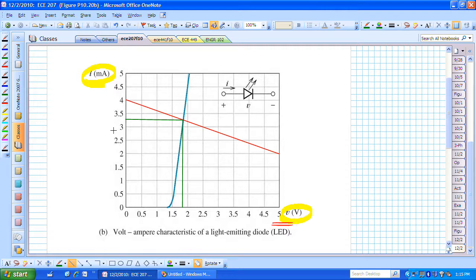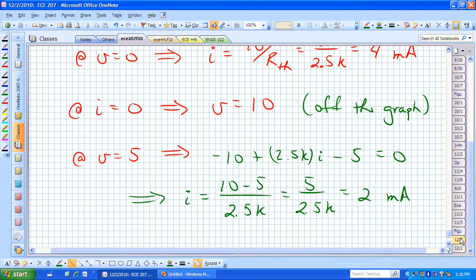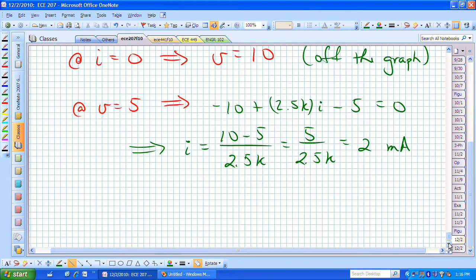And hopefully from there it's clear that our current is roughly 3.25 and our voltage is about 1.8 volts, and that's now the intersection of those two lines that are supposed to simultaneously be satisfied for this diode circuit to operate. So we went to our figure,